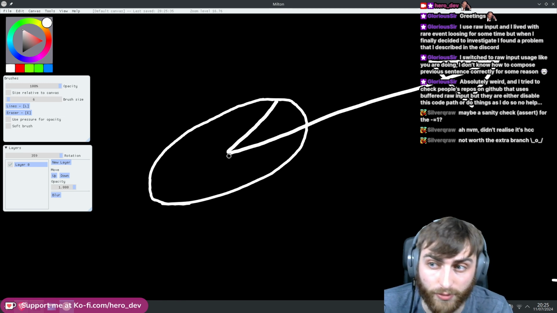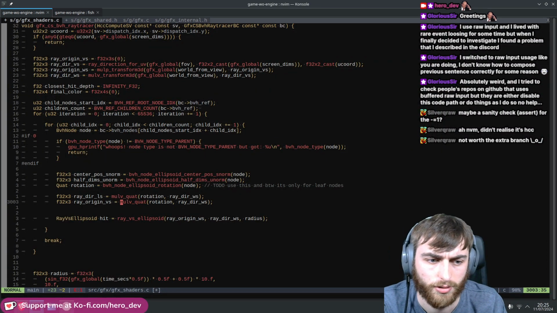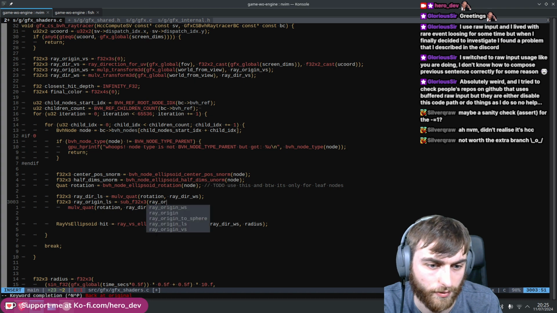So you probably do the trans. Yes, I think what you'd do is you'd compute the origin in local space by doing the subtract. So you go towards ray origin in world space